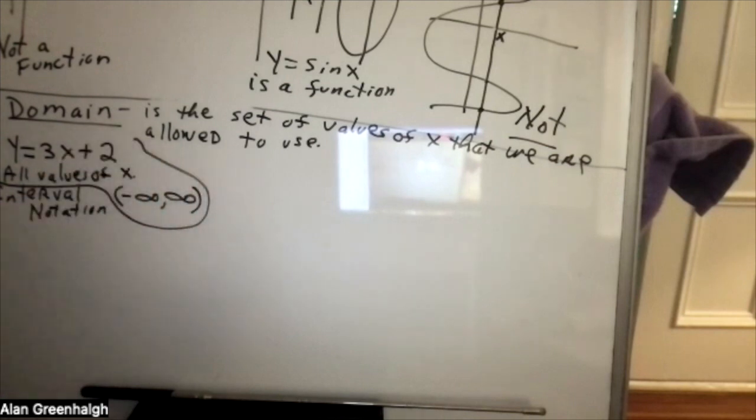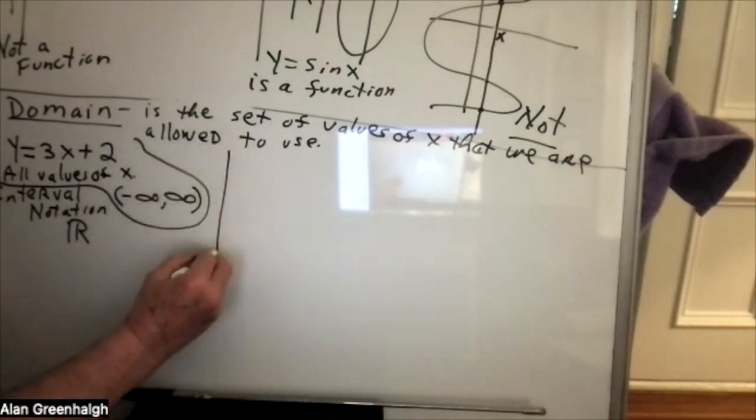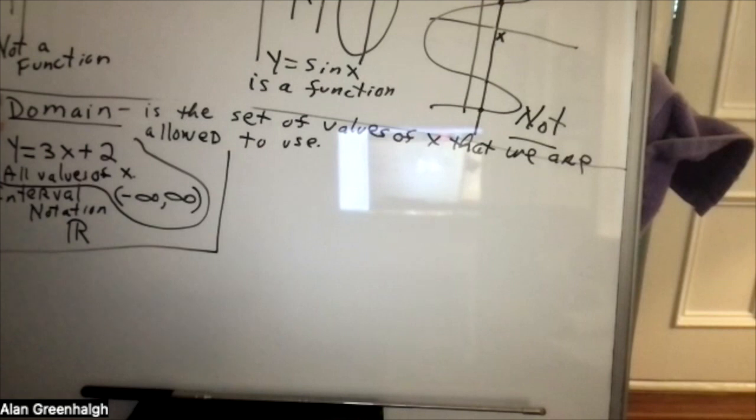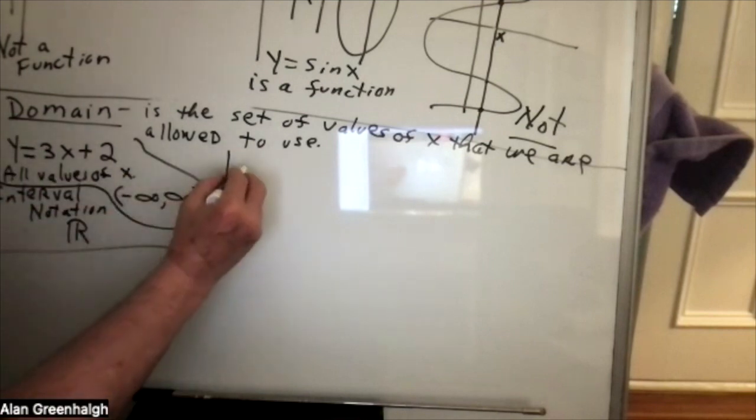And in other words, all real numbers. Another way of writing that is to write real numbers using that notation. So a linear function has a domain of all real numbers, as opposed to,